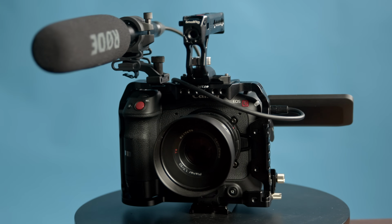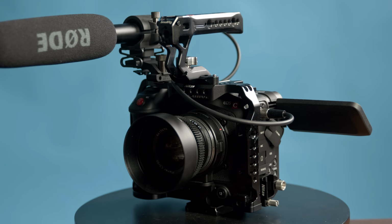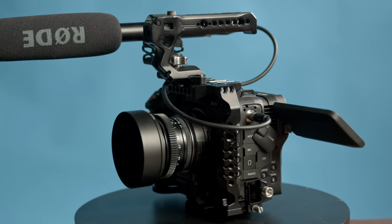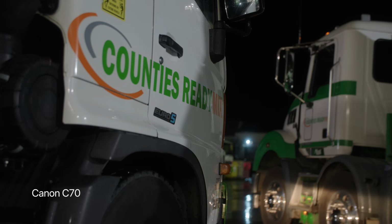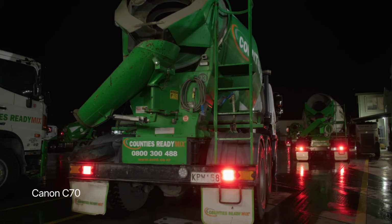Now, if you're choosing between this and the FX3, I would absolutely choose this. I mean, I think it does a better job with colors and skin tones, offers more dynamic range, and has a soft, pleasing look which is much less digital than the Sony FX3. However, when comparing it to the 6K full frame and the Ursa 12K, I found that overall the image was just a little bit lacking. The colors could feel a little bit washed out,